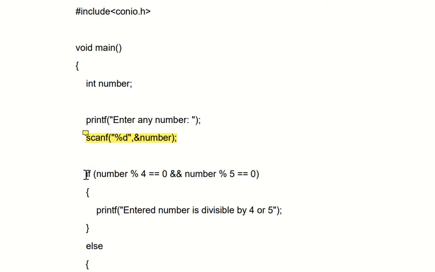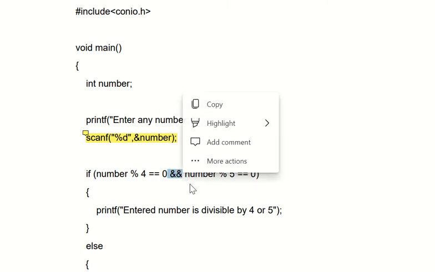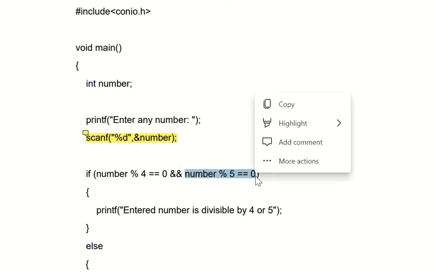Now the logical part of this program. The number entered by the user is 40. So here we have an if condition: if 40 mod 4 equal to 0, which means 40 divided by 4, and if you are getting remainder as 0, then only the condition is true. So in this if statement we have a total of two conditions. First one is this one, that is one condition. Then we have the AND clause, and then we have the second condition.